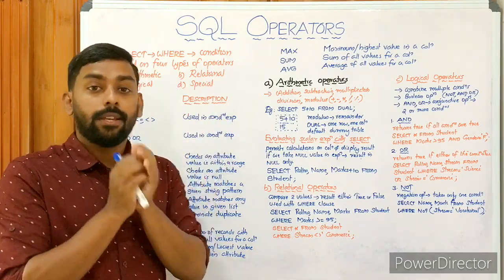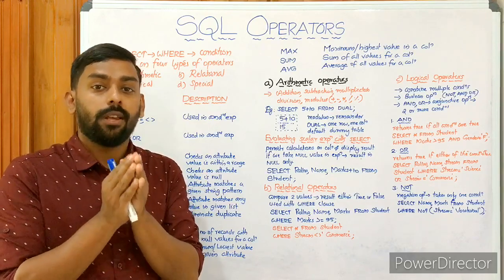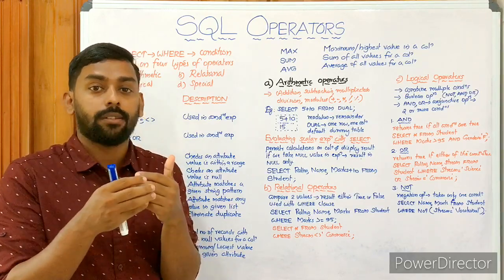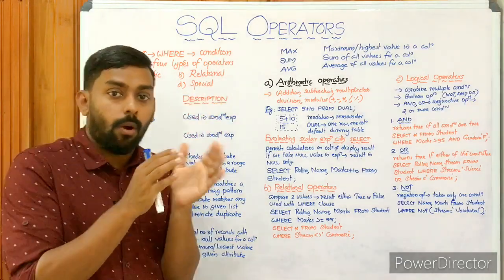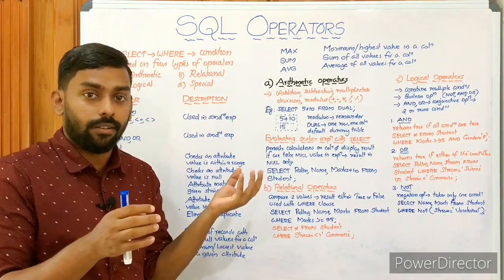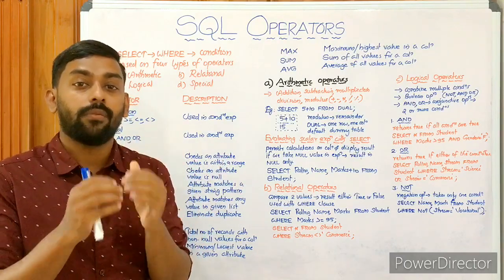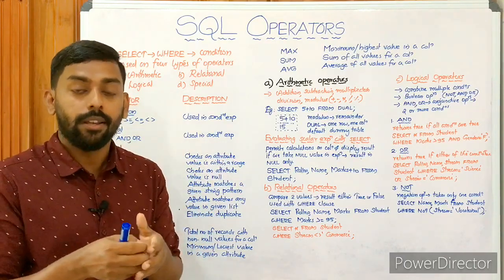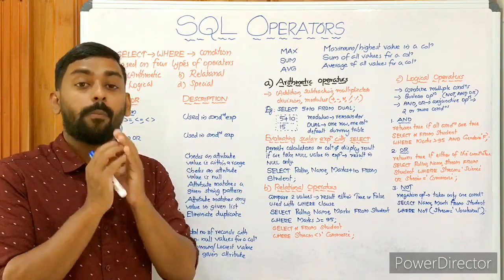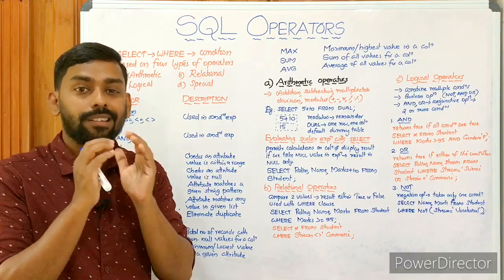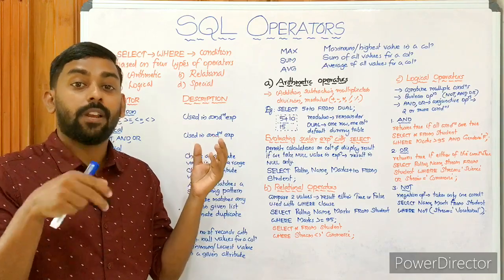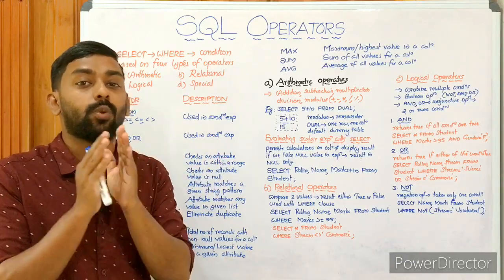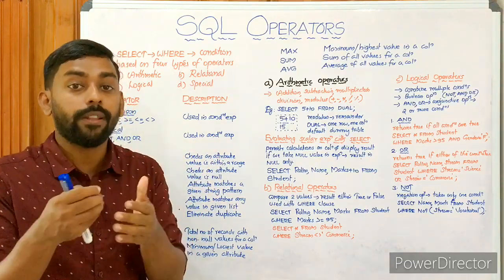And today we have SQL operators for discussion, and there are several operators used with the select command. Almost all these operators are used with select, so at the time of retrieving data we can apply all these operators, right? Do you know what operators actually are? Operators are symbols used to perform operations, and in SQL we have a set of operations that can be applied to a select command or along with select.